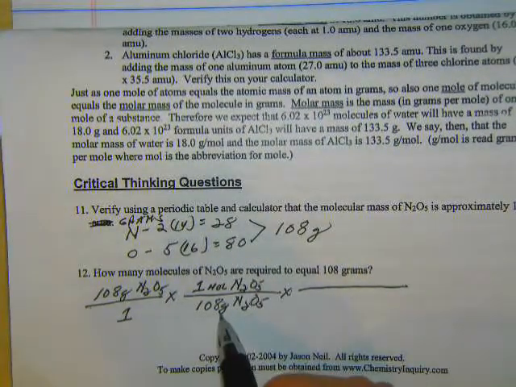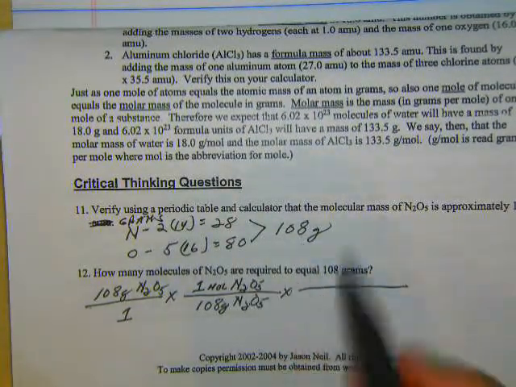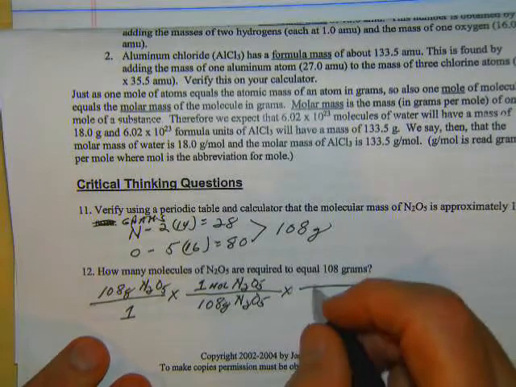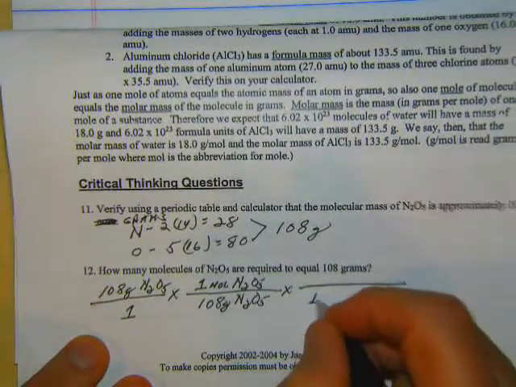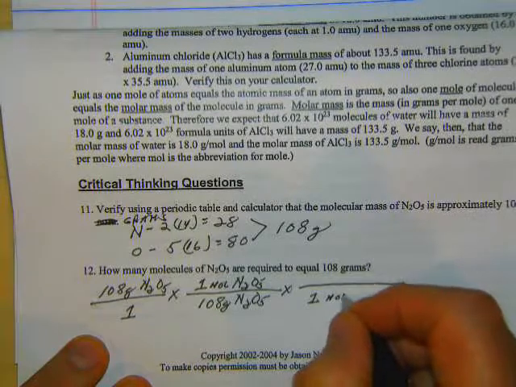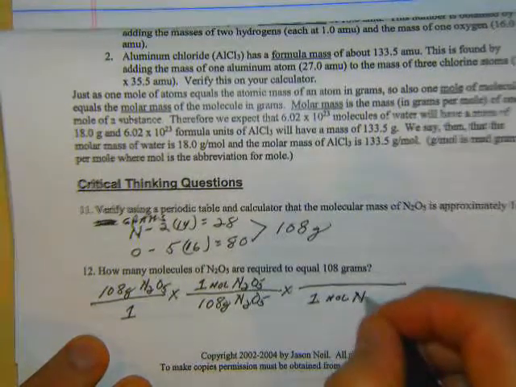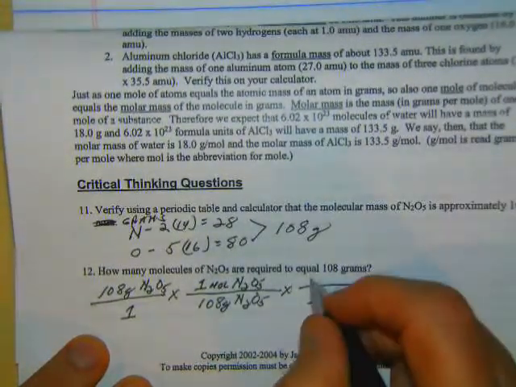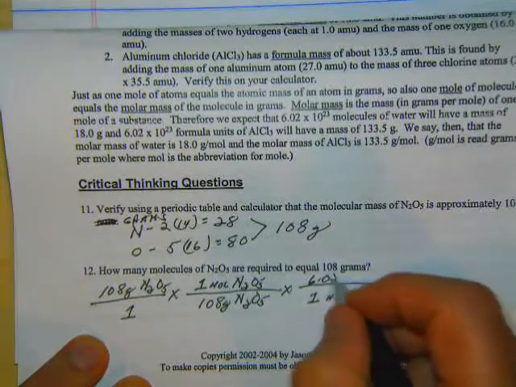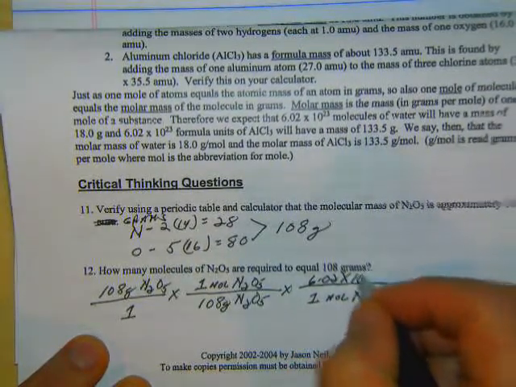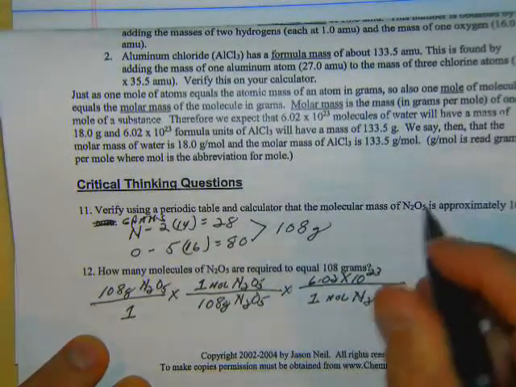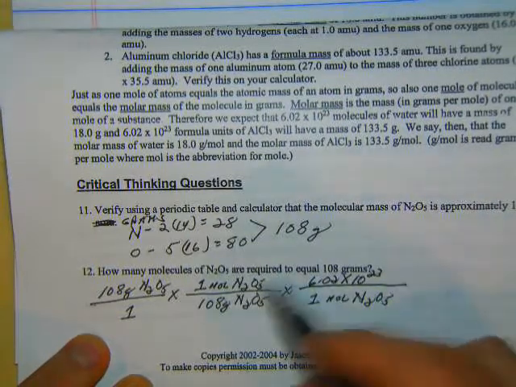Well, we already know it's 108 because we got that from the previous problem. So in 1 mole of N2O5, there are 6.02 times 10 to the 23rd, and we're looking for molecules